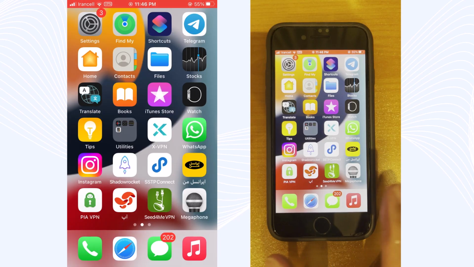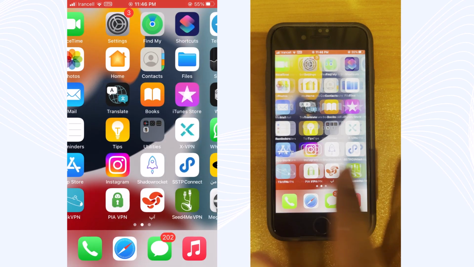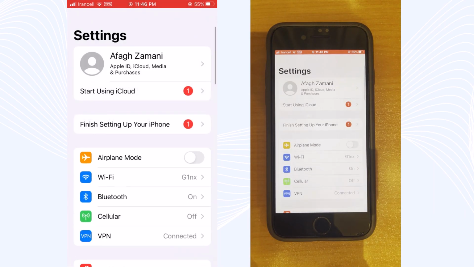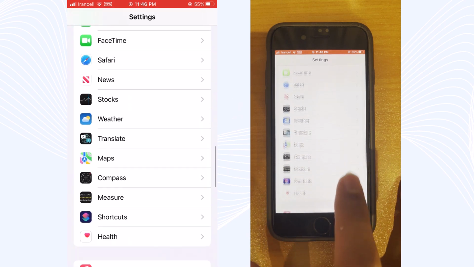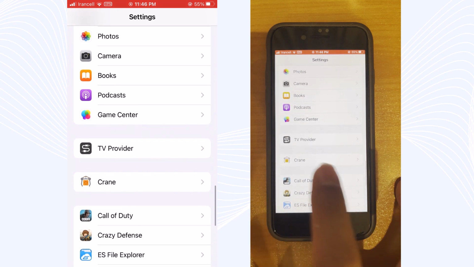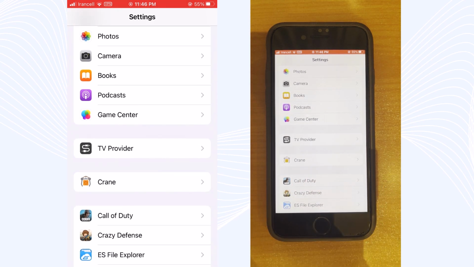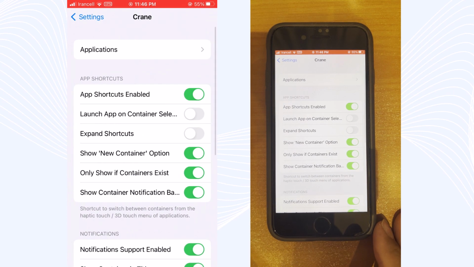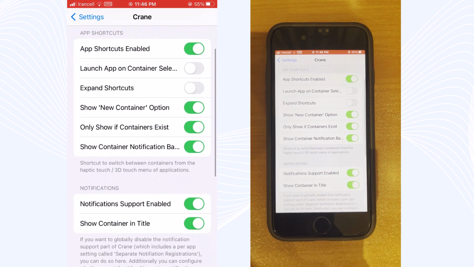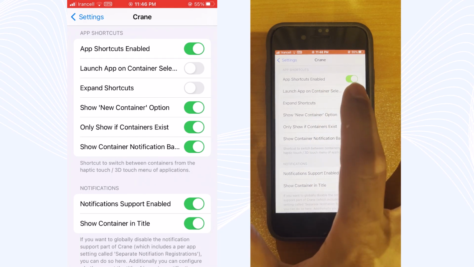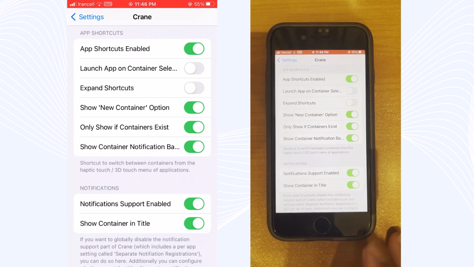After you have installed the Crane tweak, go to Settings, scroll down, and try to find the Crane icon. Yeah, as you can see, this is Crane. Just tap on it and open it. And for the first time, guys, when you enter Crane, you will see this page, and there are so many options to customize Crane and your app.